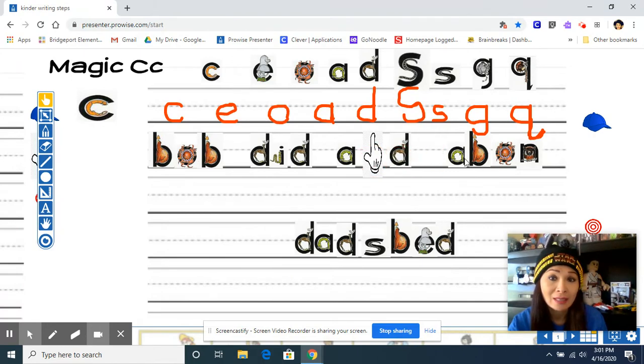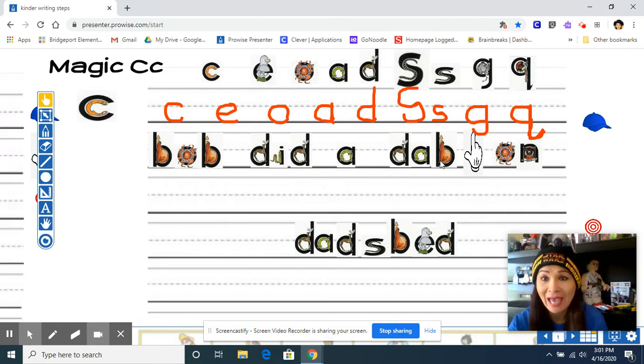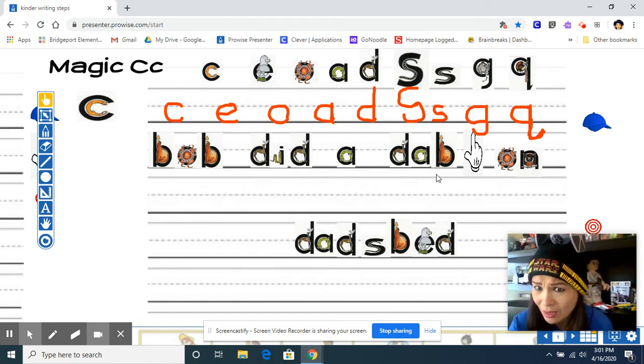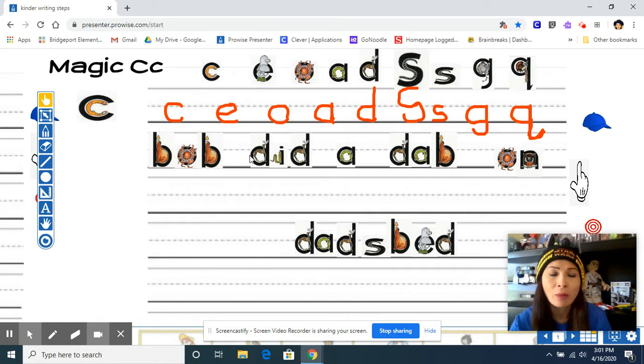D, A, B. Bob did a dab on. Lower it. On. Bob did a dab on. Oh, I'm not done. Can you leave it the way it is? Bob did a dab on. And you're saying, well, on what? Right? Didn't finish. Bob did a dab on